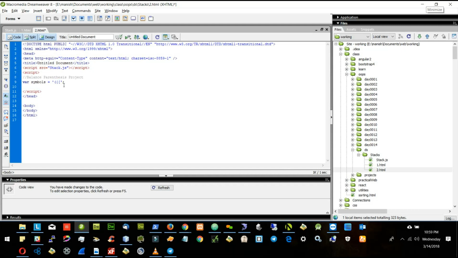Since the rectangular bracket came last, I have another rectangular closing bracket which comes now, and then I have the curly bracket because the curly bracket came second, and then I have the round bracket. Since the round bracket starts first, then the curly bracket, then the rectangular bracket, while removing, I want to remove the first rectangular bracket to match it with this rectangular bracket. Then I have to remove the curly bracket from this one to match with the curly bracket of this one. And then I have to remove the round bracket of this one to match with the round bracket